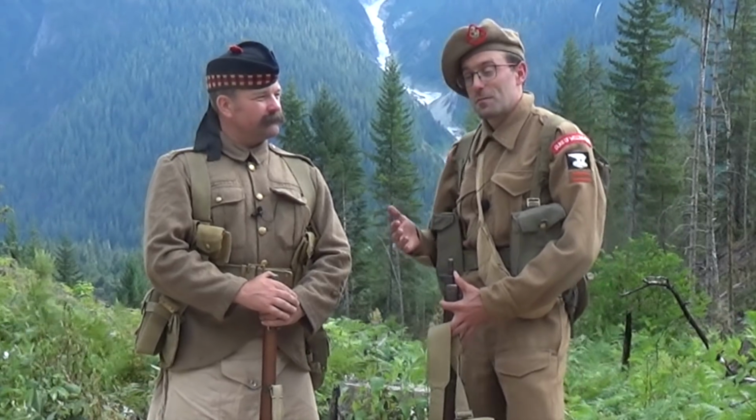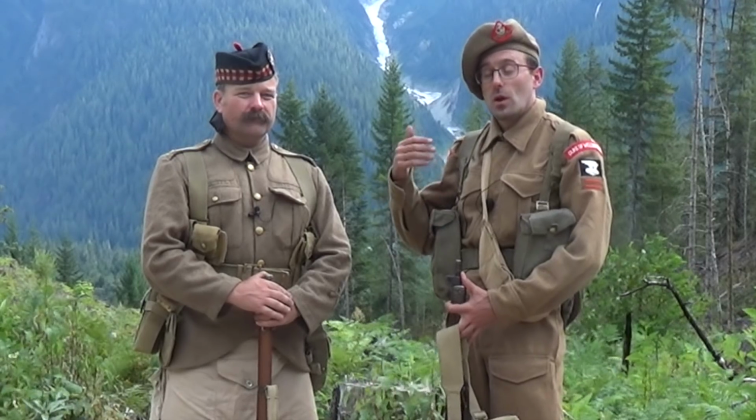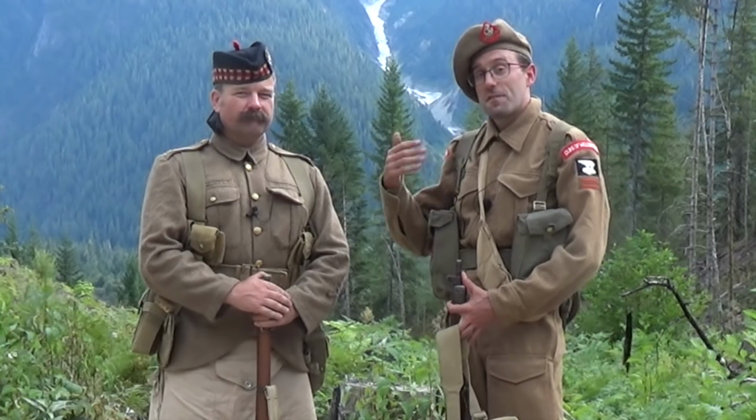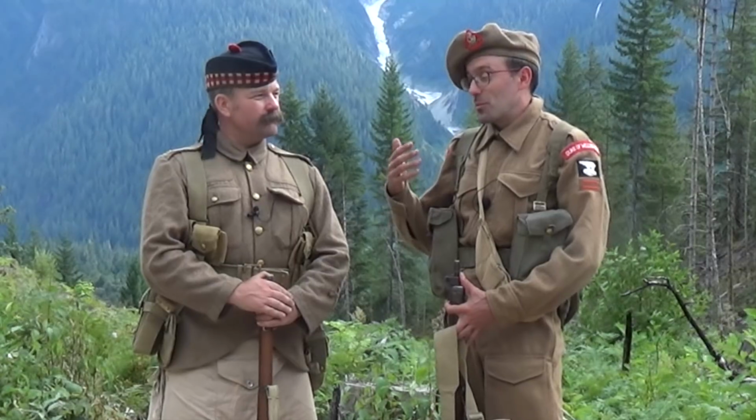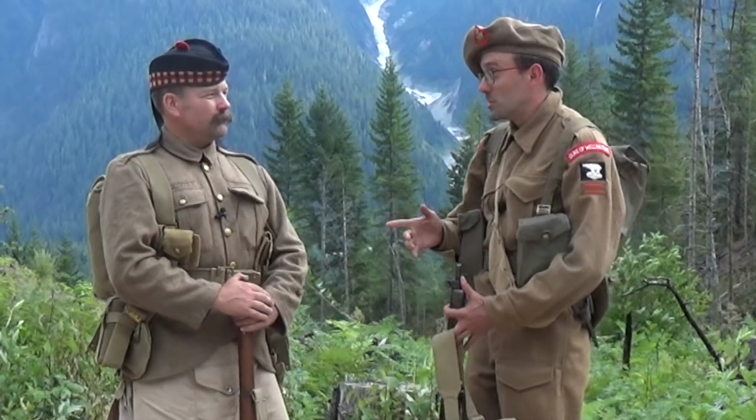And it's clear from doctrine, from the pamphlets and from what happened on the ground, that in fact the Bren was the section's main firepower. Everyone was to be trained in its use, and everyone was carrying ammunition for it. Unlike the Germans,